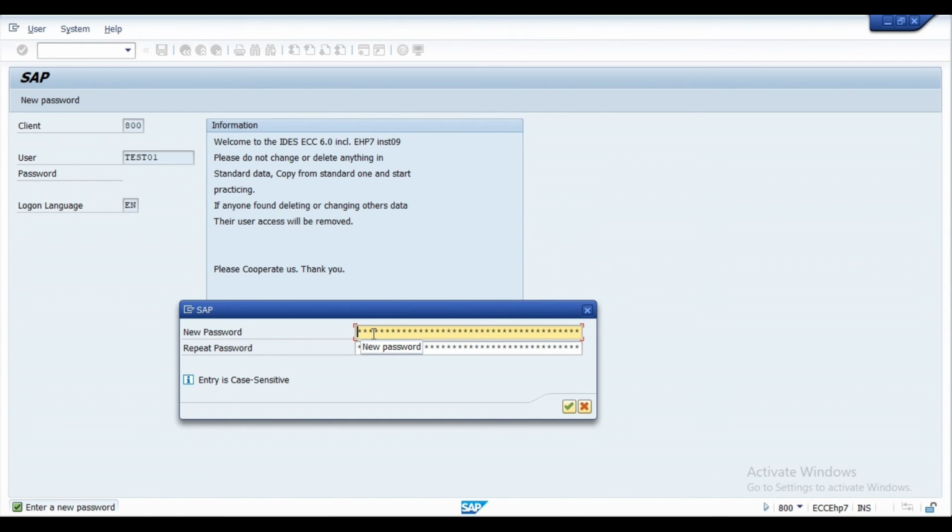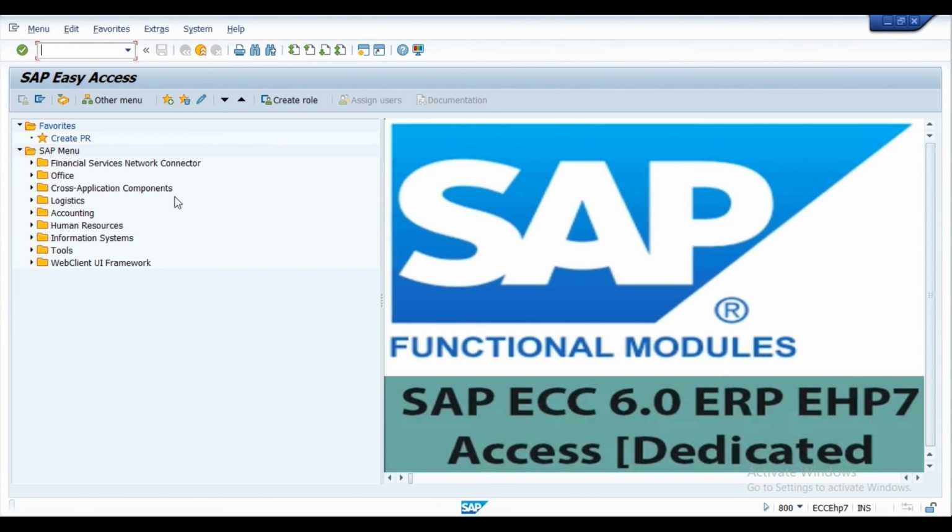It's a dedicated user ID, like we provide a single user ID to a single person. So just give any password that you can remember, repeat that password and enter. Now that's the SAP server screen.